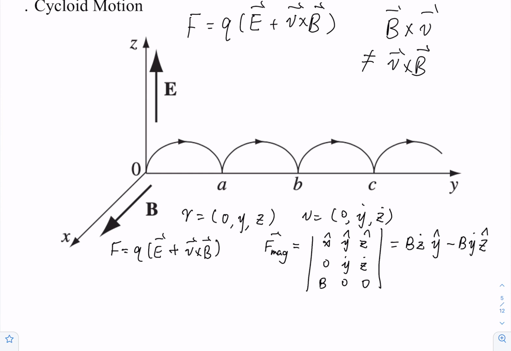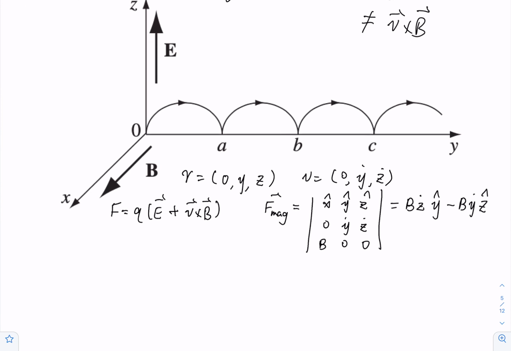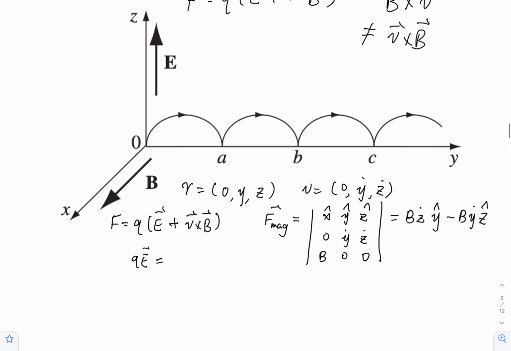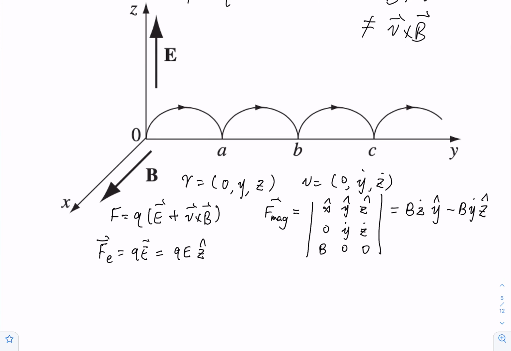Then let's check here. The qE is along the z direction, so it's qE z hat. And now as we add these two terms together, they should be equal to the ma, which is y double dot. So m y double dot should be